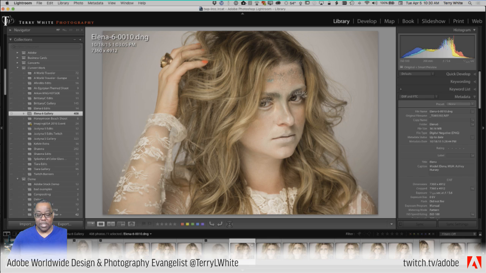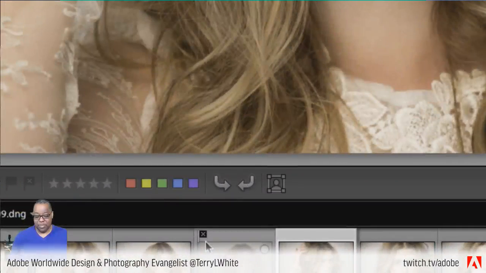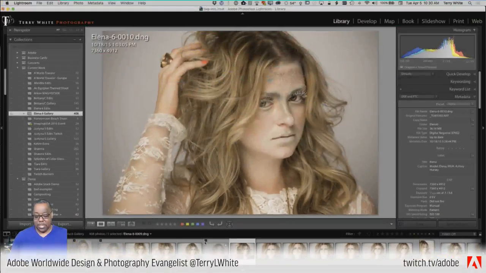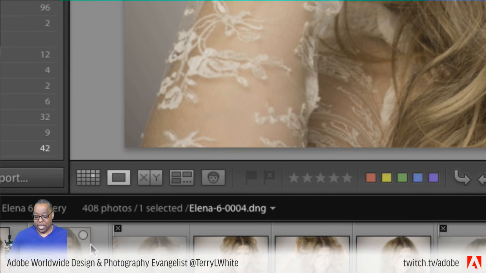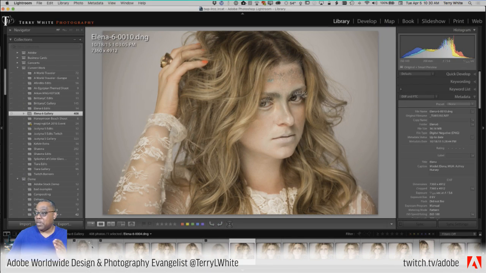You can see the little reject flags down here on the film strip. So that one's a reject, and these are rejects, and that means that photo is now slated to be deleted. That's what the reject flags are for. So that would be the one thing that remains consistent throughout. All right.